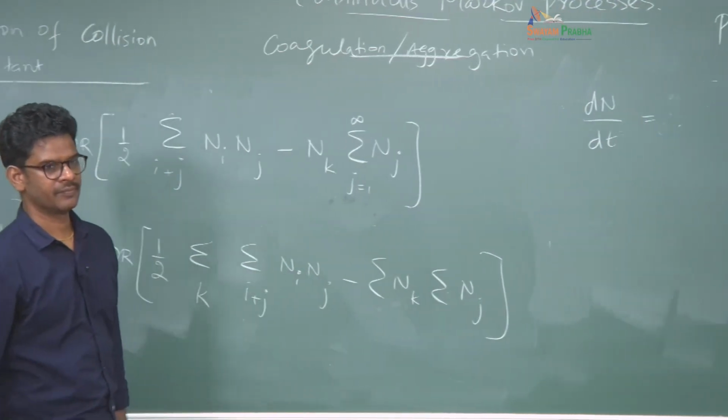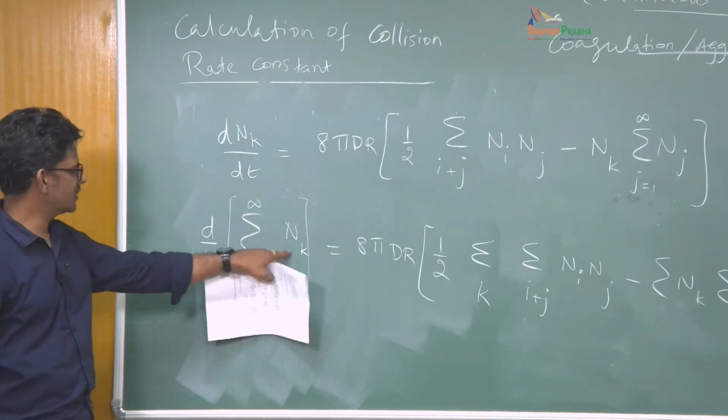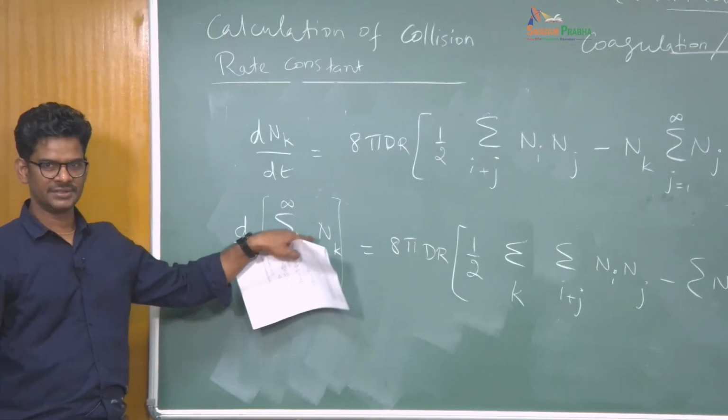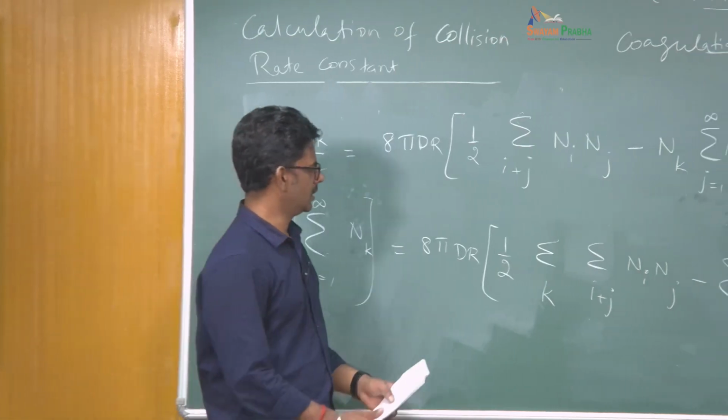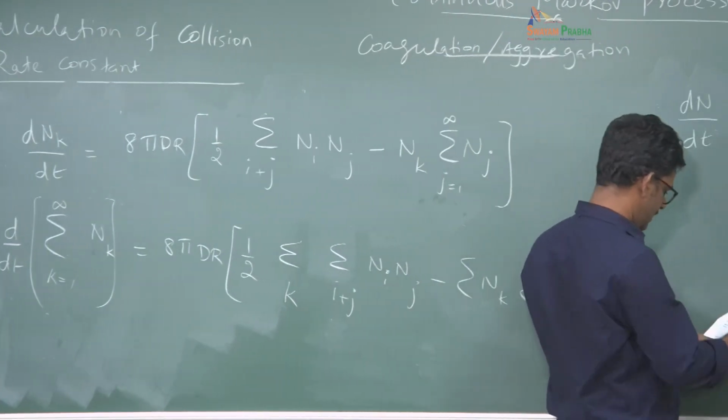dn by dt. Okay, so this basically sums the concentration of all the species. This is like a total concentration. Okay, and on the left hand side you will get